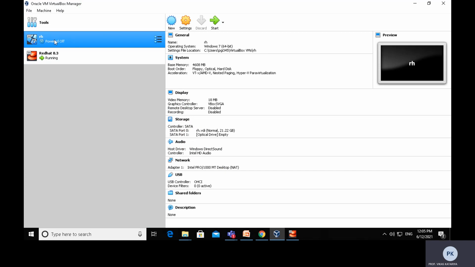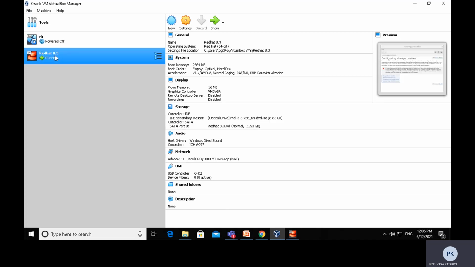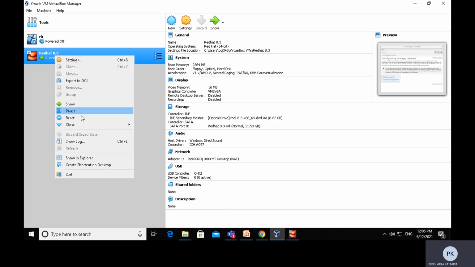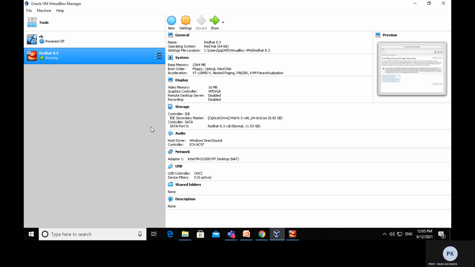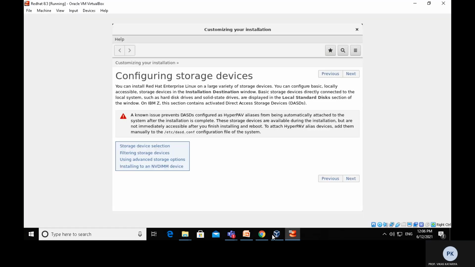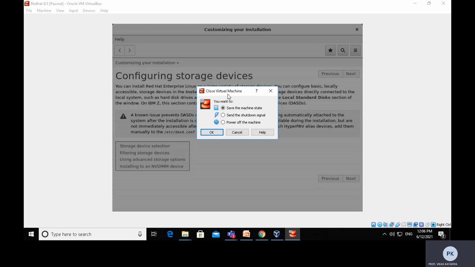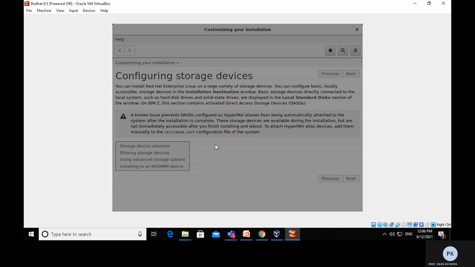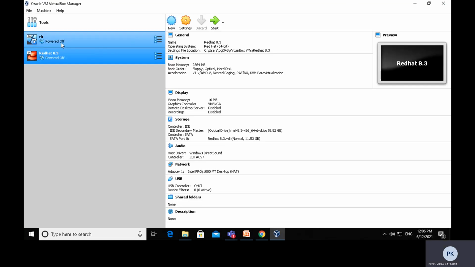So we have already successfully created the Red Hat machine here and installed the Linux operating system in that virtual machine. So I am removing that machine from here. I will close this session because we have already completed the installation of Red Hat in the Red Hat machine.